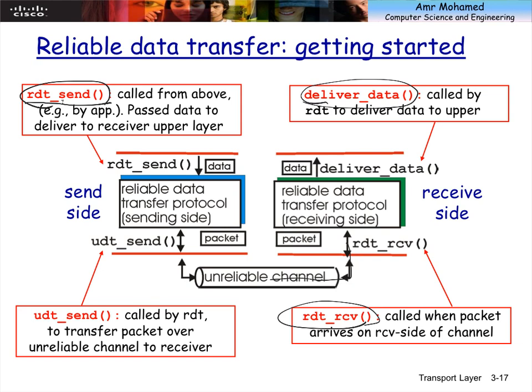So we know that the underlying layers are by default unreliable, which means that the transport layer needs to provide some reliable data transfer. And as we said, the level of reliability that the transport layer can provide is dictated by the characteristics of this unreliable channel. Because some unreliable channels are lossless, but they can introduce some errors to the packet, which means that the packet is guaranteed to arrive, but it may have some bits changed.